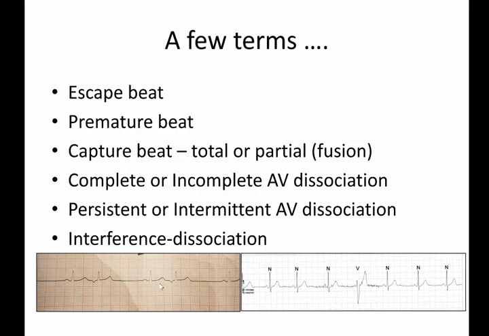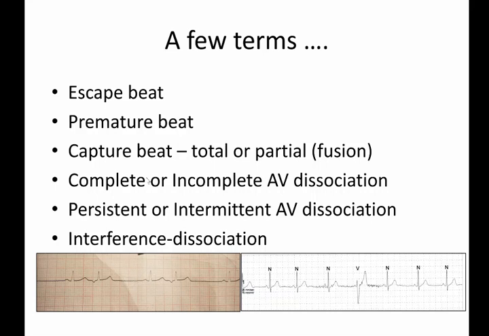Now capture could be either ventricular capture or atrial capture. Capture means that when you have AV dissociation going on, some of the sinus beats may find the AV node non-refractory and conduct. So during a period of AV dissociation, one of the beats in the atrium conducts to the ventricles and depolarizes the ventricles totally, and total ventricular activation is as a result of conduction from the AV node